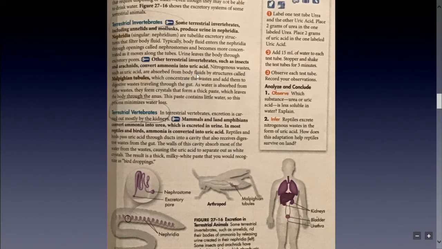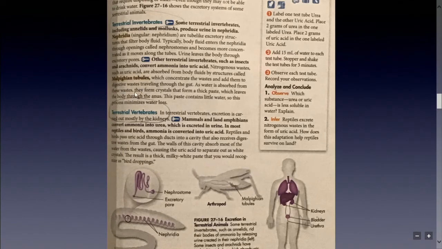Other terrestrial invertebrates, such as insects like this arthropod. Arthropod is another class. Actually, Insecta is a class. Arthropods is a phylum. Other terrestrial invertebrates, such as insects and arachnids, are going to convert ammonia into uric acid, kind of like the birds did. Uric acid, remember, is less soluble in water, but still less toxic than ammonia. And then basically they use what are called Malpighian